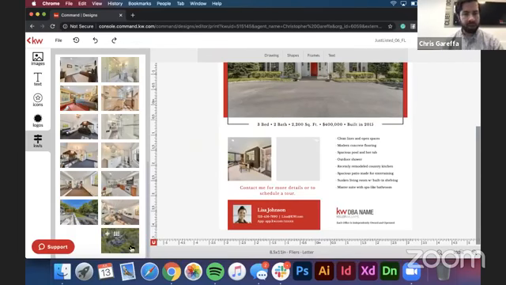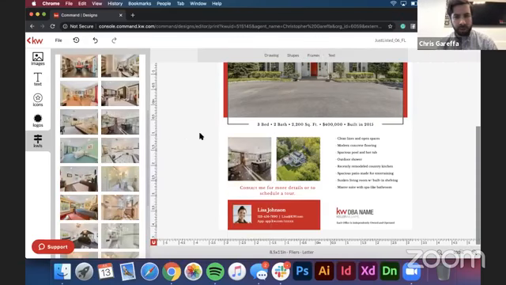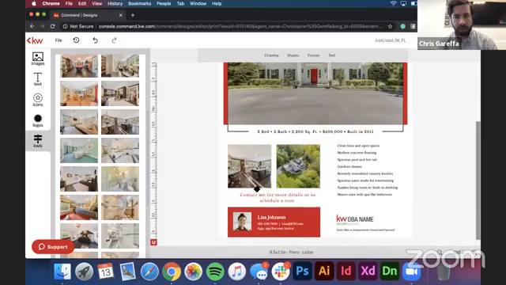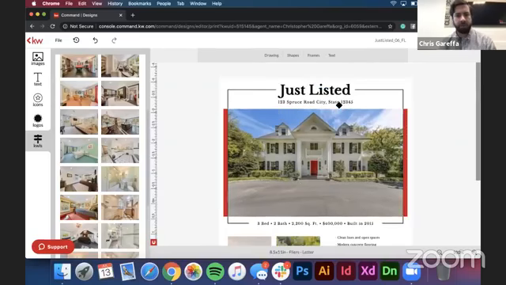And I actually like one of these aerials, so I'm going to use one of the aerial shots there. So we got the aerial in. And I think I might change this one too. I'll make this one the kitchen shot. So there we go. Great. Awesome. So the only thing left for me to really do now is just change some of the main text